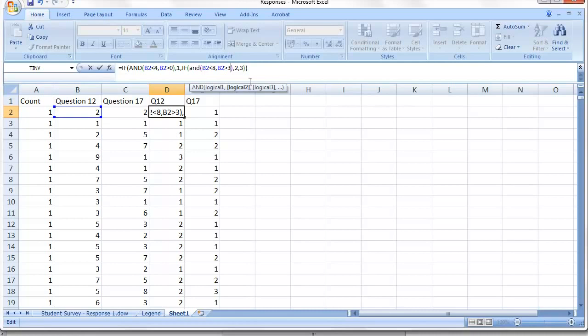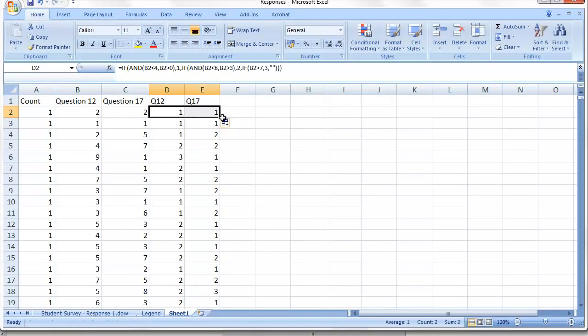But now the empty cell is going to be captured by the else command here. So in the else, we again got the specifier. We'll say if b2 is larger than 7, then we actually want a 3, and in all other cases we want an empty cell, so that's twice inverted commas. So let's do that. So let's copy that across and copy it down,